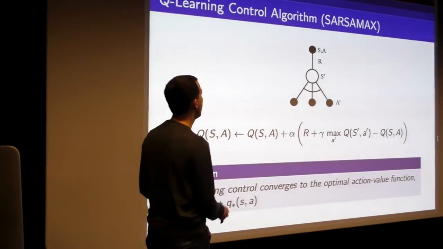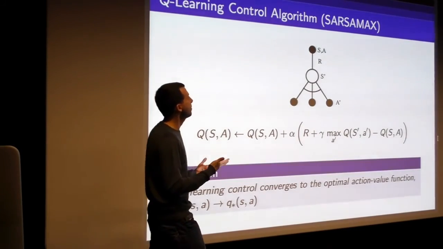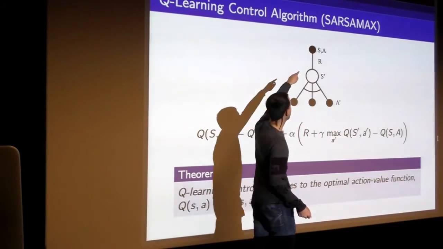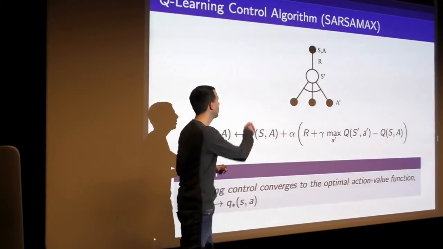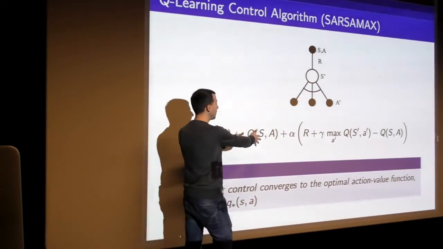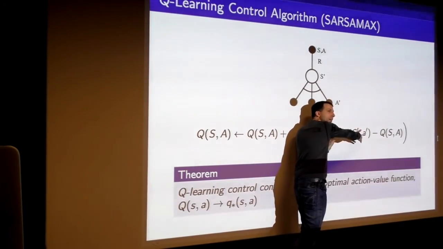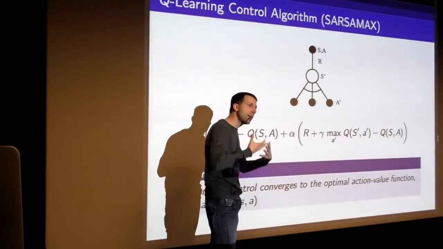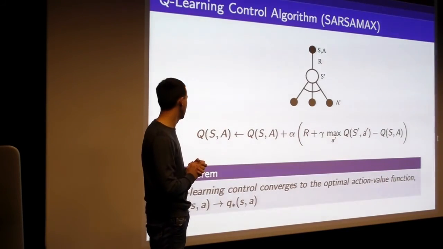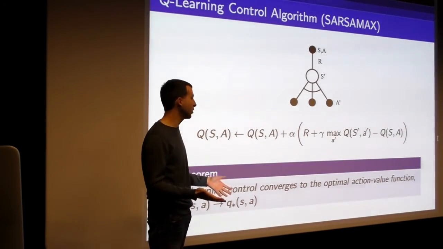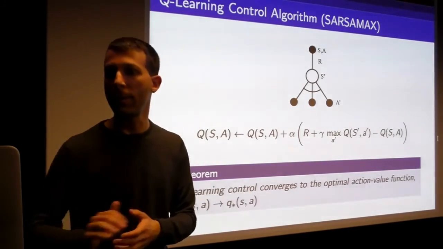So we're just going to have one diagram to display this. This is the well-known Q-learning algorithm. I call these SARSA max updates, because you're looking at S, A, R, S prime, and then the max over your A primes. And what we're doing is maxing over these. We're updating our Q values a little bit in the direction of the best possible next Q value you could have after one step. That's the idea. It should be familiar from the Bellman optimality equation. This is basically just like the Bellman optimality equation. And this algorithm, again, converges to the optimal action value function. So it's a standard idea for reinforcement learning.